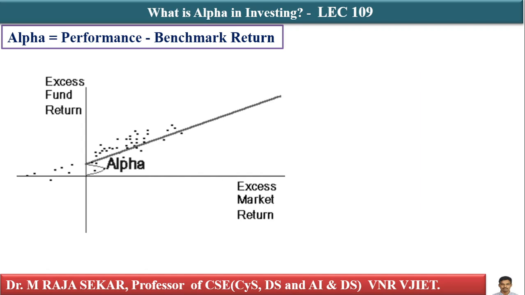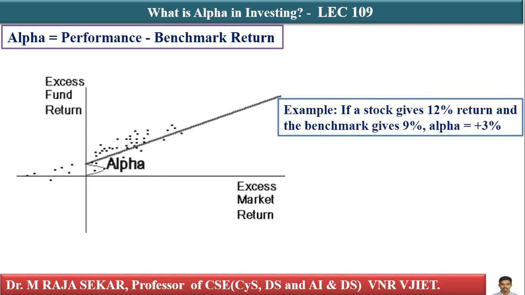Alpha measures a stock or portfolio's ability to beat the market. Typically, benchmark indexes like S&P 500. Let me take one simple example. If a stock gives 12% return and the benchmark gives 9%, what is the alpha value? Alpha value is plus 3%. Why? Because 12% minus 9% is plus 3%. It represents the excess return, how much more or less the stock has returned compared to what was expected based on market movements. For example, an alpha of plus 3 means the stock outperformed the benchmark by